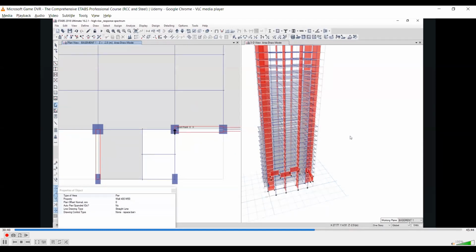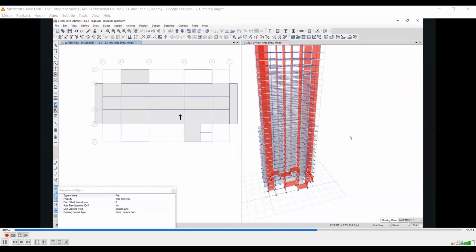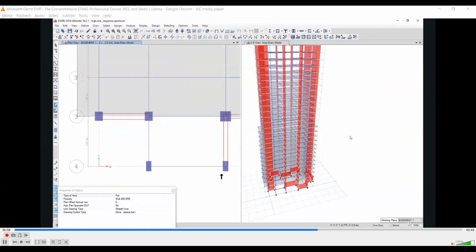Actually, there are various factors that come into contribution while we are considering the retaining walls. There is a term in high-rise buildings called backstay effects. That backstay effect is due to the retaining wall. What exactly that backstay effect is, that also I will tell you while we are analyzing the structure. We will see in practice what exactly is the significance of backstay and how we need to cater to that effect for the structural stability.